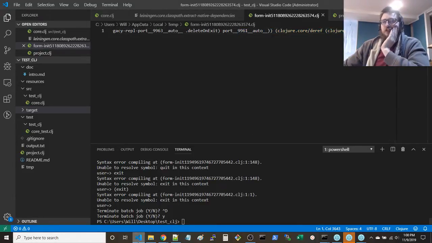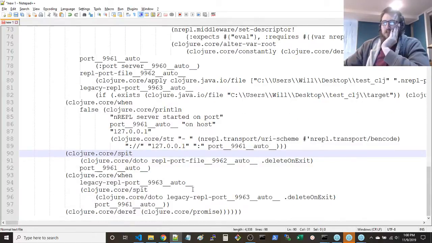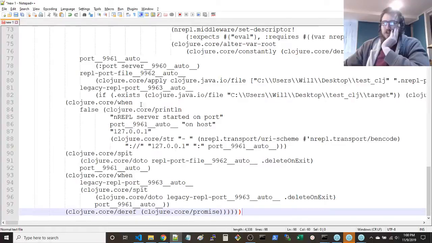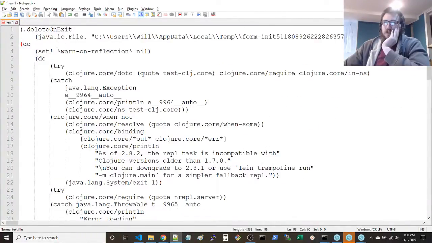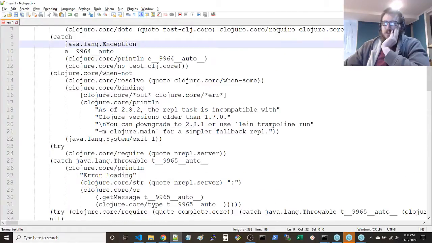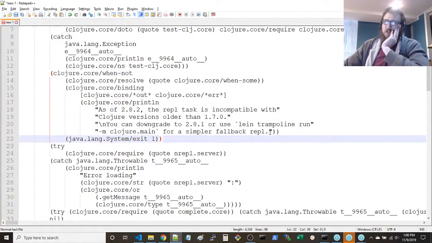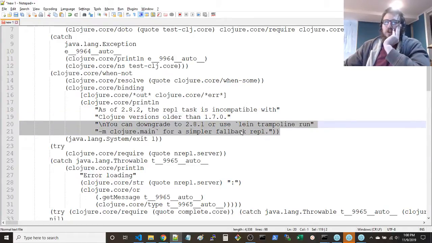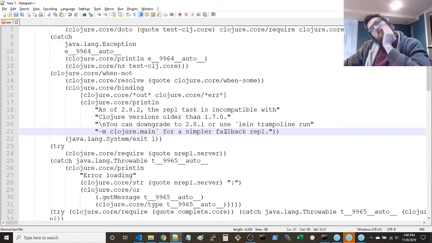All right, so we finally took our program and broke it into 100 different lines so we can actually read what's going on here. This is just the output. I think this is what it tried to execute to start the REPL. We didn't get this, but this is useful information anyway. We were able to run a REPL, so we can get back to work using the simpler REPL.